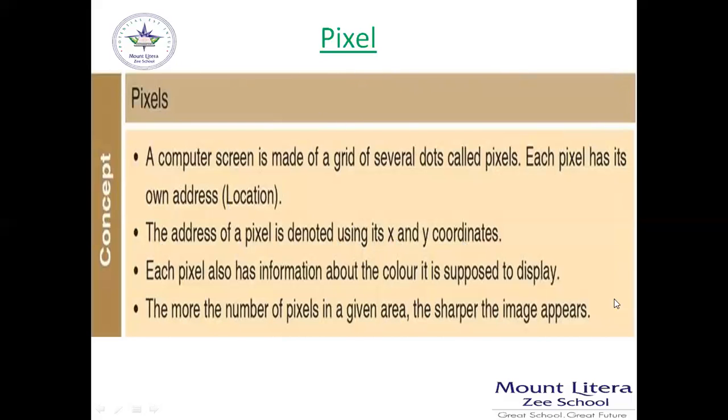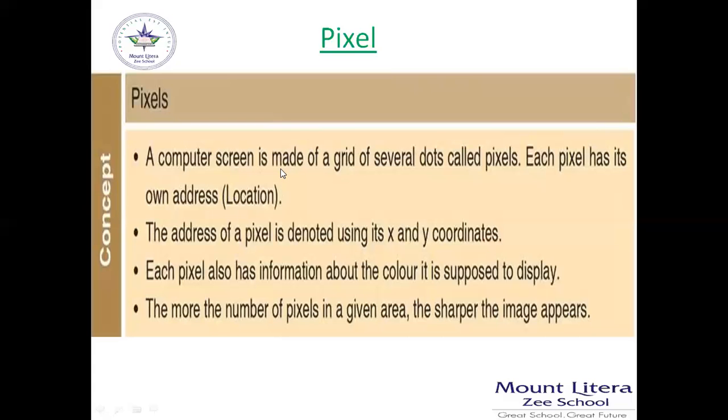If a screen is like this, then on the vertical lines pixels are present, and on the horizontal lines pixels are present. Each pixel also has information about the color it is supposed to display. The greater the number of pixels in a given area, the sharper the image appears.